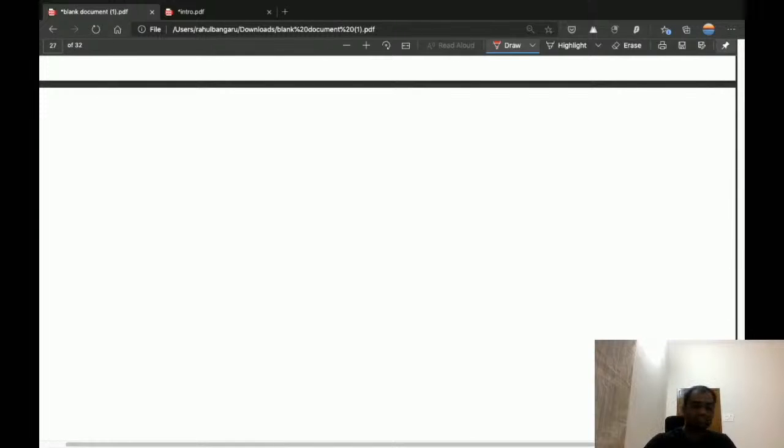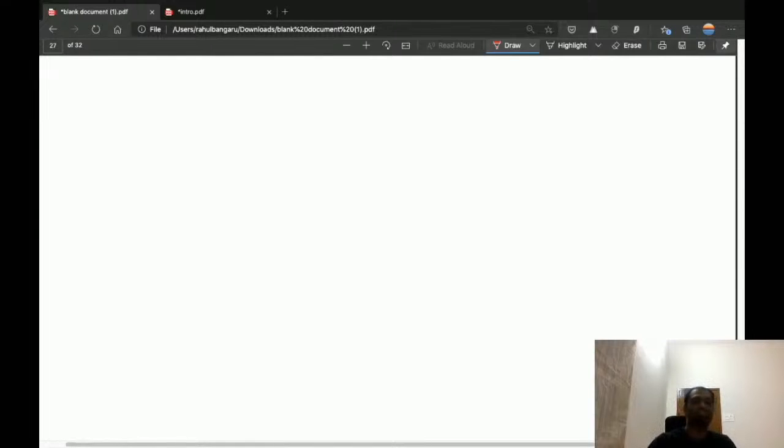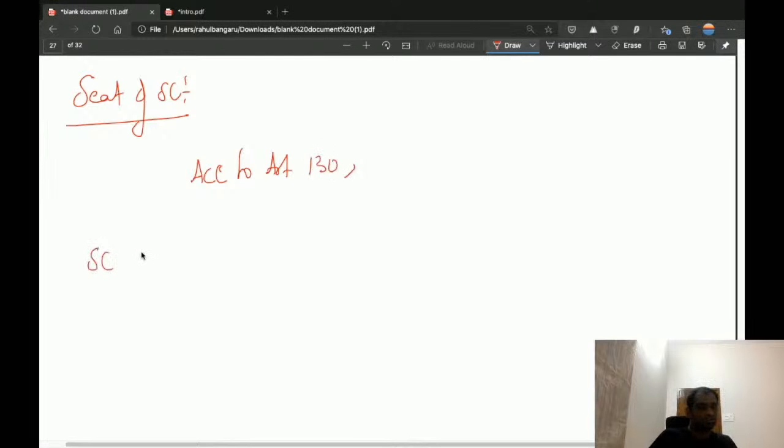Now the next provision is the seat of Supreme Court. See, according to Article 130, Supreme Court will sit in Delhi